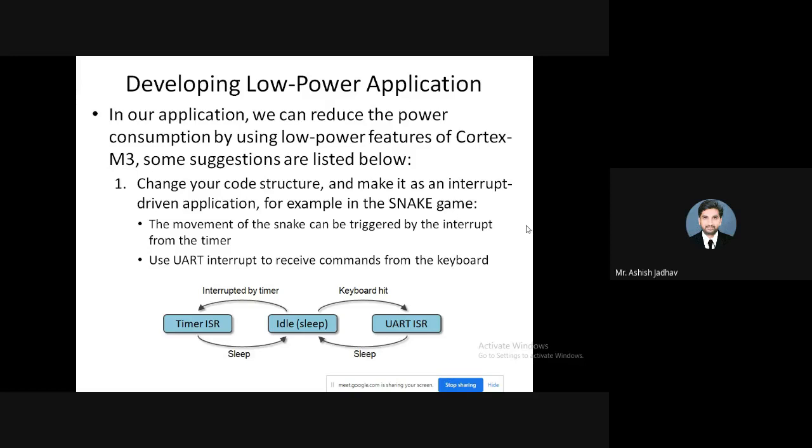So this is an effective way of saving power. I told you one example. If you are talking about a smart watch, the watch should be running all the time, but the time instant is of 1 second.